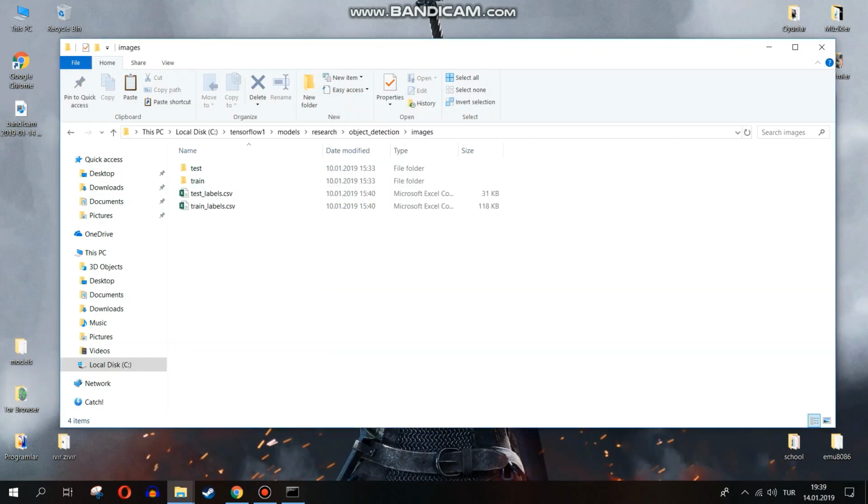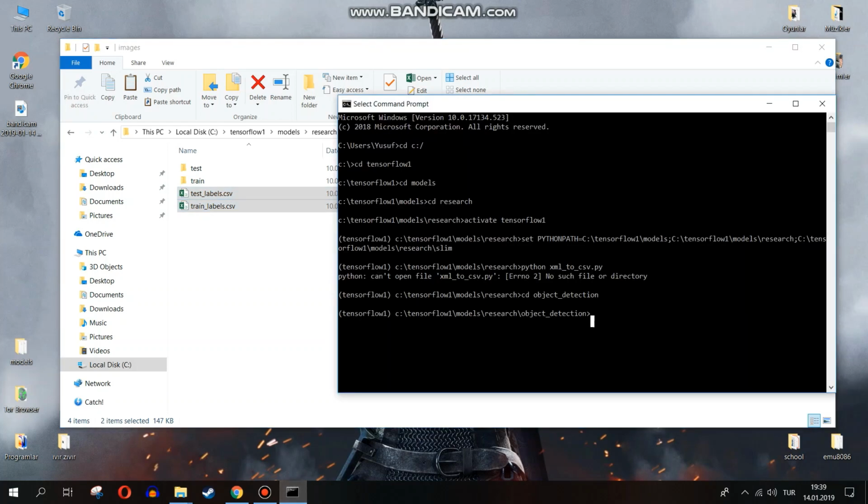Yes, in this file. By the way, at first these two CSV files won't be in your object detection folder. Now we are going to create these two files by writing this. At first, do not forget to activate your TensorFlow virtual environment and set your Python path by writing this code. You can find this code in my GitHub repository, and using cd commands, go to the TensorFlow models, research